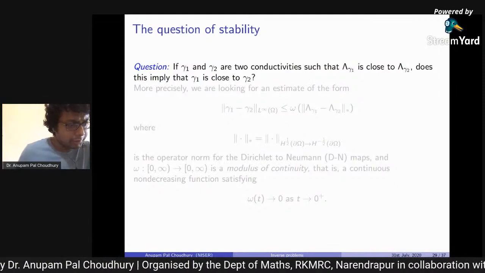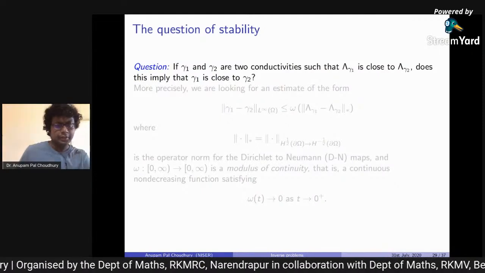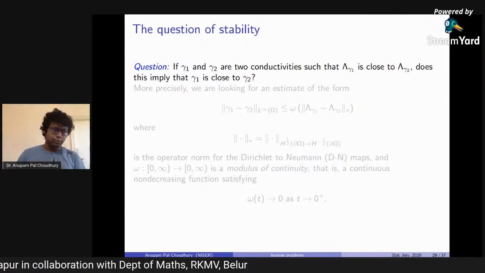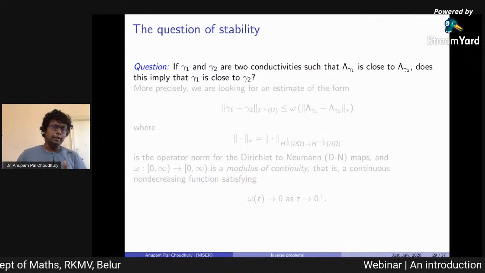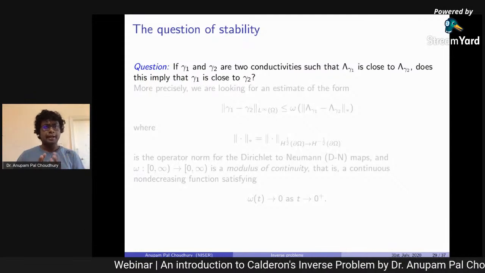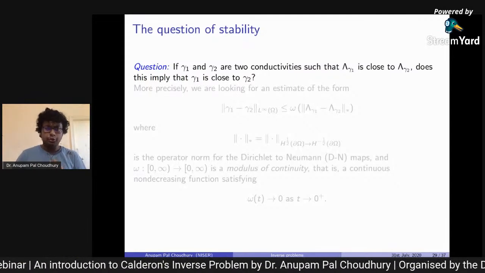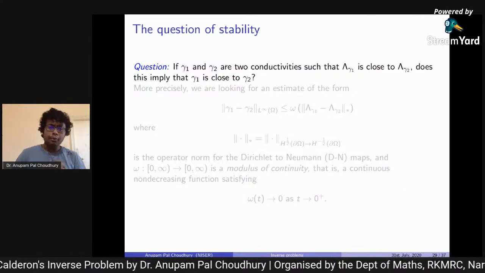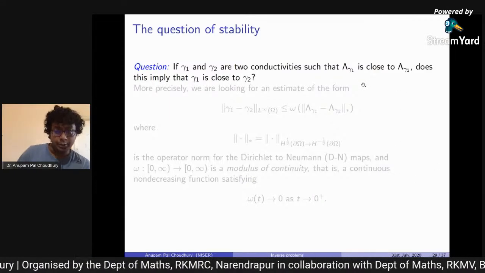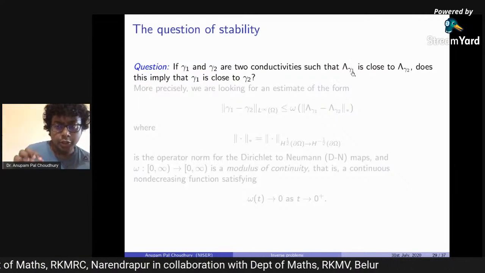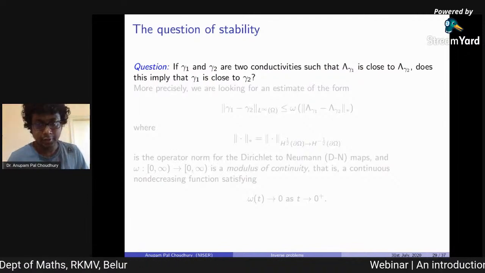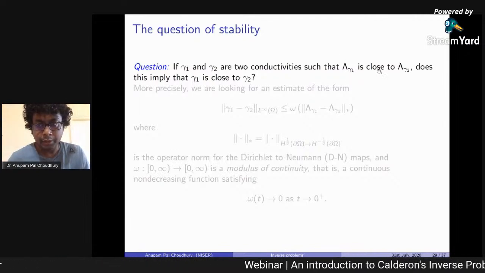I guess I would have to take around 5-10 more minutes. So, the question of stability. Remember that we obviously want to understand whether, if we make a small error, the error gets magnified or not. So if gamma 1 and gamma 2 are 2 conductivities, such that those maps, the measurements, the data or information that you get, gamma lambda 1, gamma lambda 2,